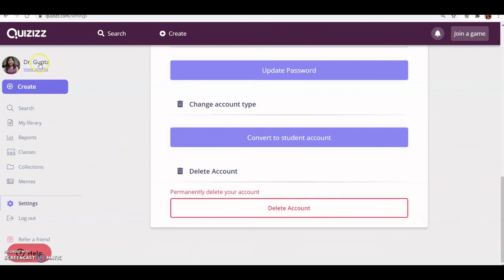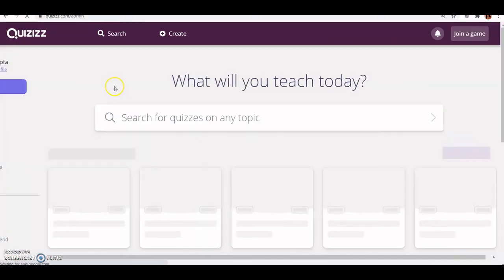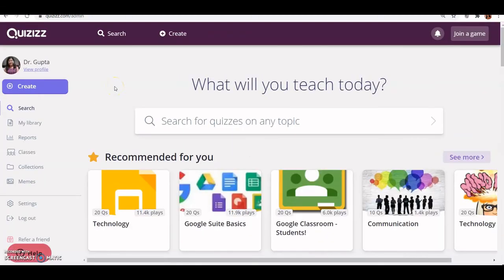So this is how quizzes can be used to create your own quizzes, and this is a very interesting tool through which you can play live quizzes. You can assign your created quizzes to your Google Classroom, and you can search the variety of quizzes that have been created by educators, and you can create five types of different questions in which you can also add your images and audio files for asking the question. You can set different timings, and students can attempt all these quizzes according to their pace.